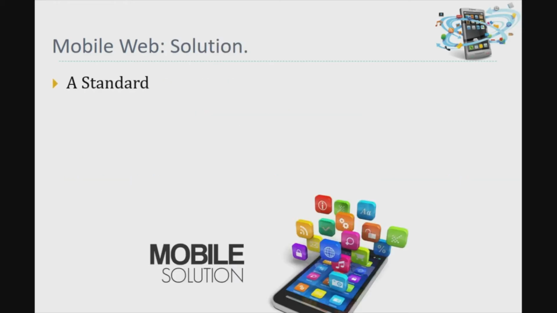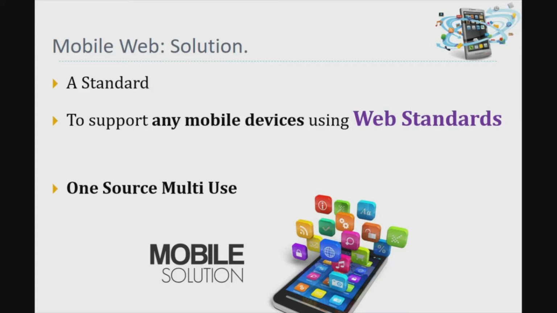So because of the need, we need a standard. Why do we need a standard? To support any mobile device user. So we use the web standards in order to support any mobile devices. All the devices need to follow the standards. So one source, multi-use. We have the mobile because we have the standard, so we can have multi-use of these